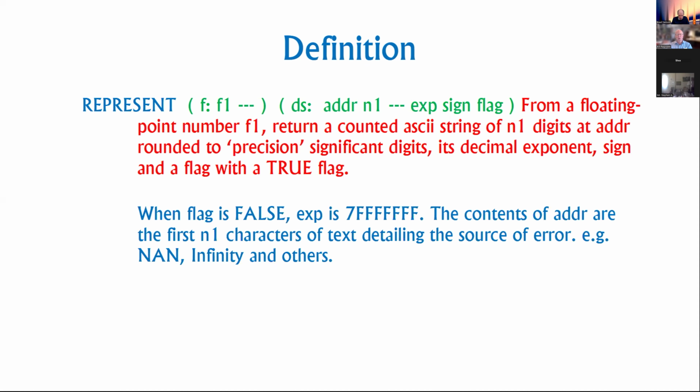Instead, it's an ASCII string giving you the source of error. And these are returned from the floating point processor in your computer with representations for not a number, infinity, and a couple of other types of error conditions. In all the work I've done, I've never seen an error condition like this. So apparently all the numbers that I get in and out and format with are